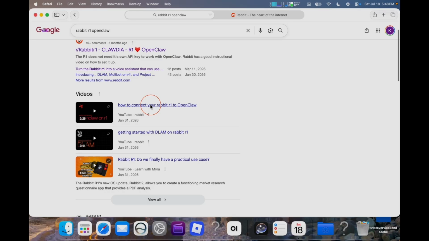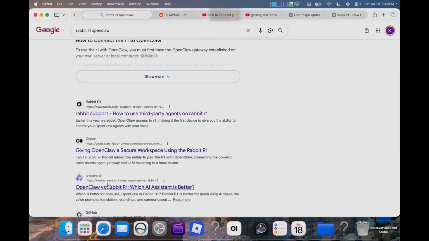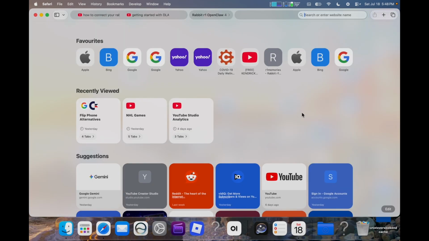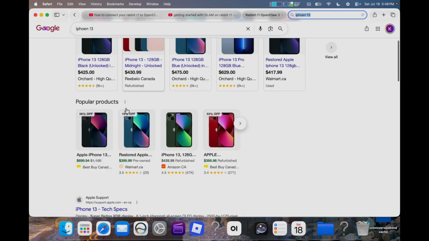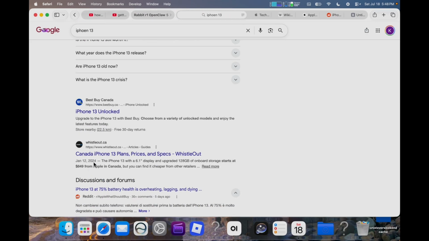Yay! I really do like Safari. I use it all the time. And now there is automatic tab grouping. What does that mean? I'll show you. Let's say I have two projects going on. I'm doing a video on the Rabbit R1 and OpenClaw. So here's Rabbit R1, and more Rabbit R1 tabs. So this is all to do with the Rabbit R1. And then now I am going to search up stuff about the iPhone 13. I didn't even spell that right. iPhone 13, and more iPhone 13 tabs, and look at this.